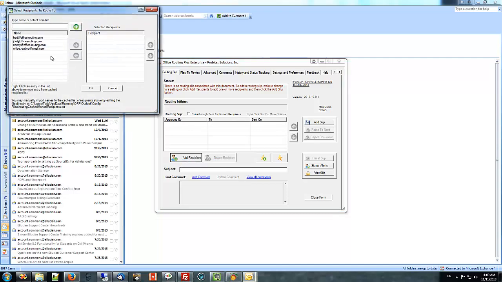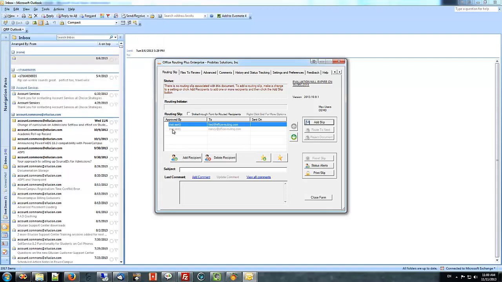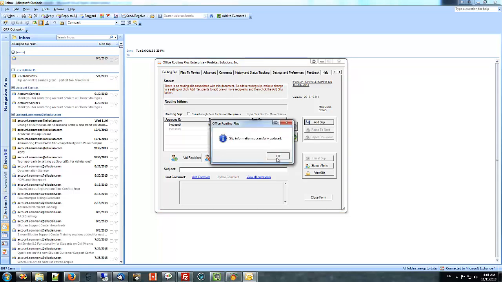So I'm going to select manual in this case, and I'm going to just select a few people to route to. So this has to go in this order, first to Fred in this case, and then to Nancy. And notice when I hit OK that if I come back here, it shows now in this main routing grid that it's going to go first to Fred and then to Nancy. And notice when I hit Add Slip now, because up here it tells me that I had to add recipients and then click Add Slip,